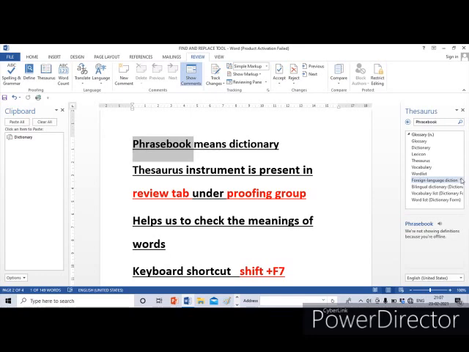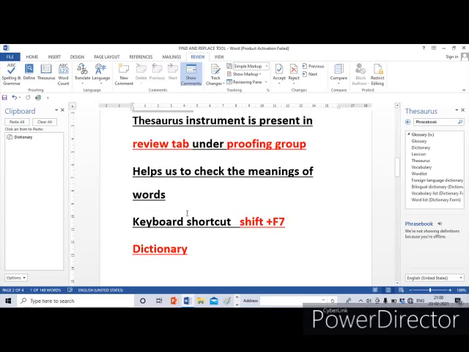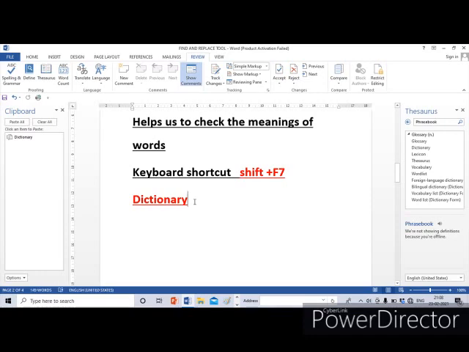Clipboard dialog box over here. So clipboard is a temporary memory where we can keep all the copied items. From here I have copied that word dictionary, so that is displayed in the clipboard. That is stored in the clipboard. And then I can choose the location. I want to paste the word over here, so right click and choose the paste option to paste that particular word, dictionary, here.